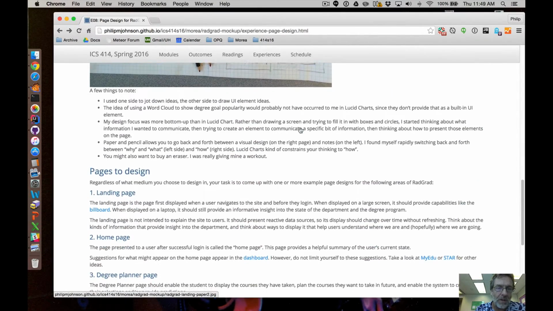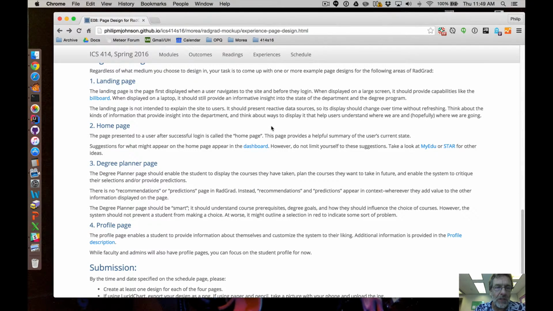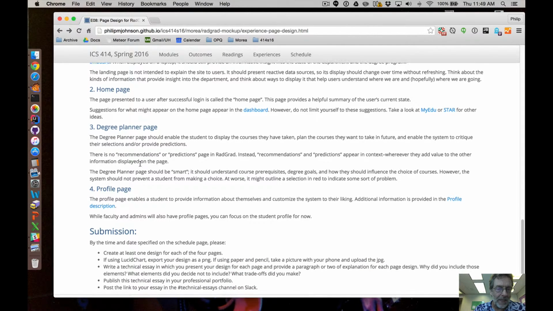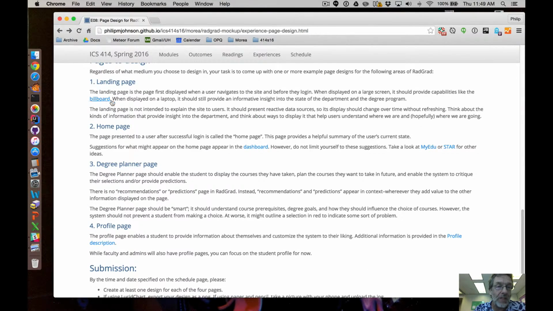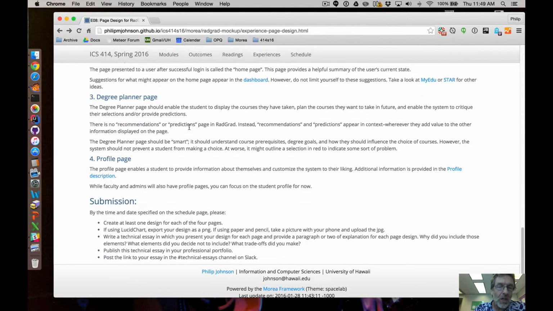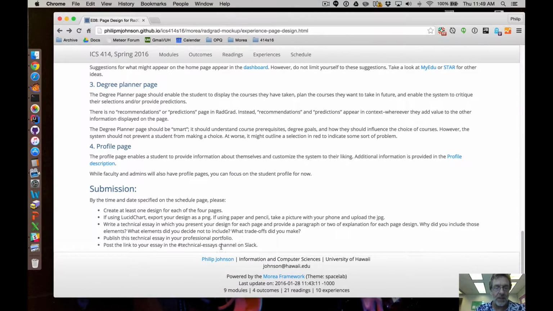Okay, but whichever way you go, what I want you to end up doing is creating a landing page, a home page, a degree planner page, and a profile page, and then write it up in a technical essay where you show, and you may have a few different options for each page. You don't have to restrict yourself to one, but talk about your design for each page in a technical essay